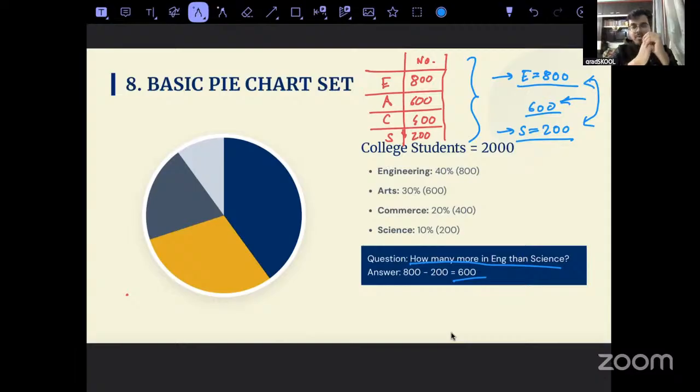Because for CAT we move on stairs, and you cannot directly jump and go on the terrace, right? You have to walk on the stairs. So you are going to walk on stairs and reach the terrace, which is your CAT. Okay, so this is your first step. If you are able to understand this, then we will move to the second step going forward. Before that, we have one more question on bar graph.